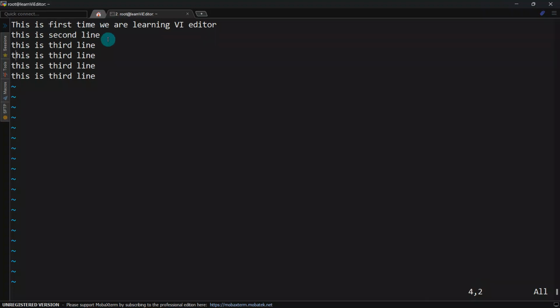Okay, so let me make some statements. This is third, fourth, okay. And let's say if you want to delete any character and you are in the insert mode, then X